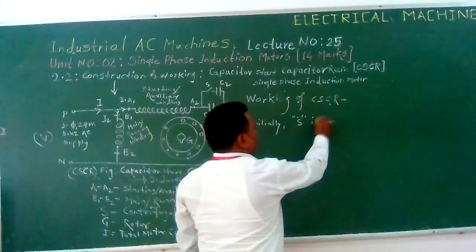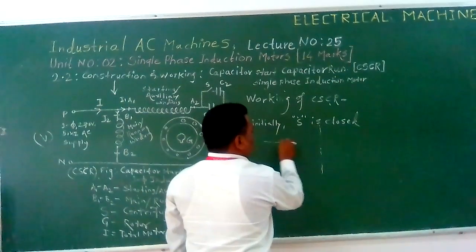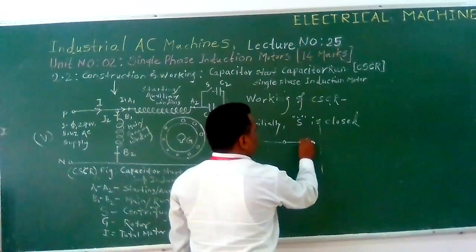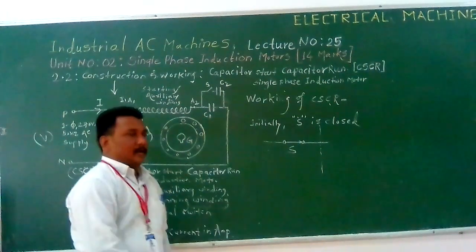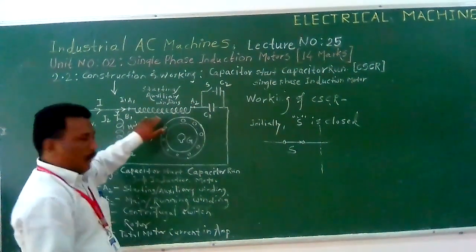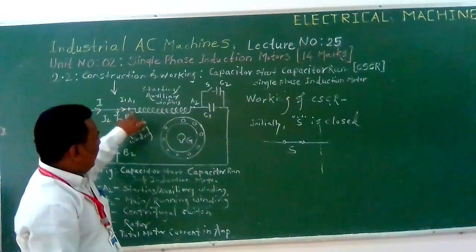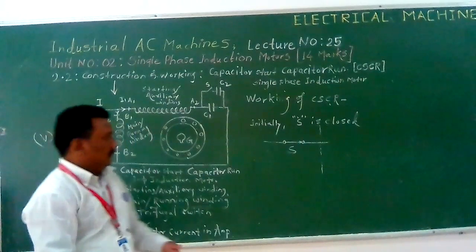S is closed, means the centrifugal switch is closed. Now what happened? This point is closed because, due to the winding nature, the very starting winding carries the current I1,